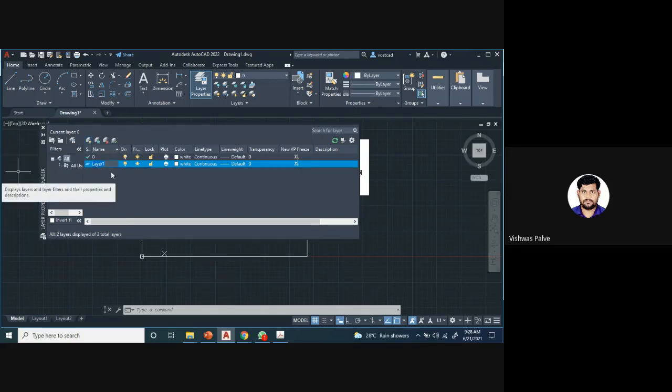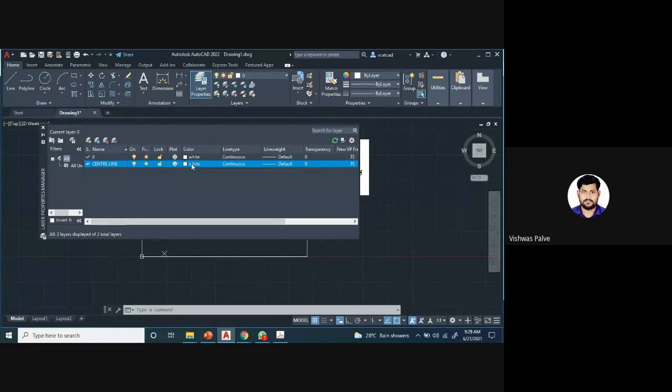By default, while using AutoCAD, you have to keep your caps lock on, so that everything you write will be in capital letters. Center line. Once you do this, type the name of that layer. I'll just adjust it so that everything will be visible. Center line. Then the layer property, this bulb you have to keep on. Freezing also don't disturb, lock also don't disturb. Then the print plot option, leave it as it is.